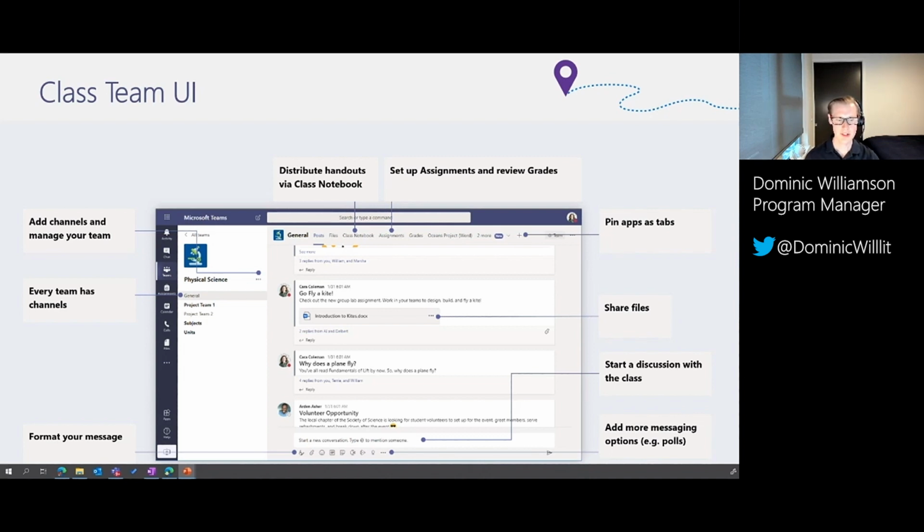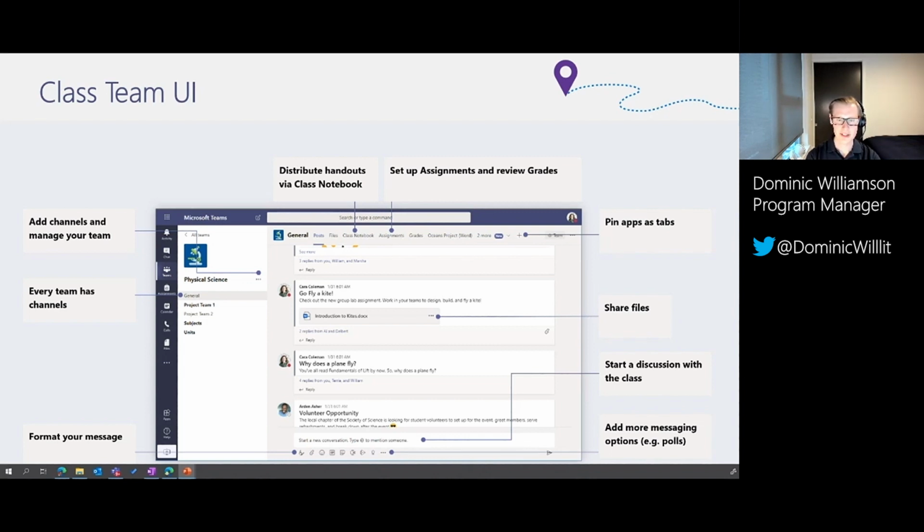When we move across to the top center of the screen, every channel has tabs. These are the apps you have within the team. And within the class team, by default, you'll always have the post space to post a message and files. And you'll notice a few tabs are pre-pinned. These are what we talk about for the templates, things like the class team and assignments. You'll notice we also have the ability to add more apps. That's why we saw SGS, for example, add in Stream, where they had a video library for their students to be able to view on-demand learning resources.